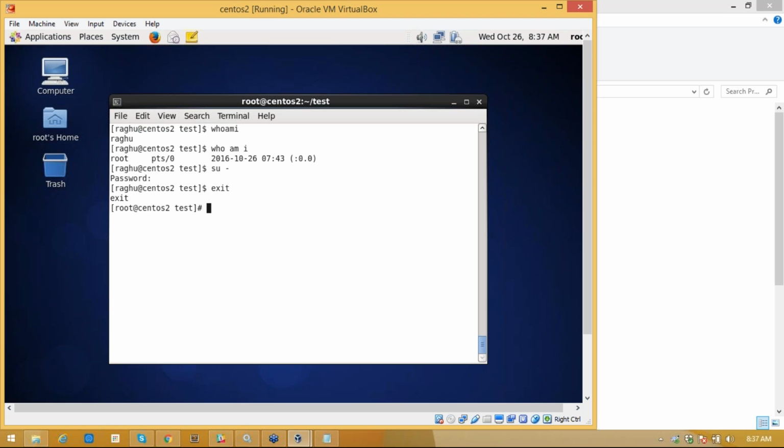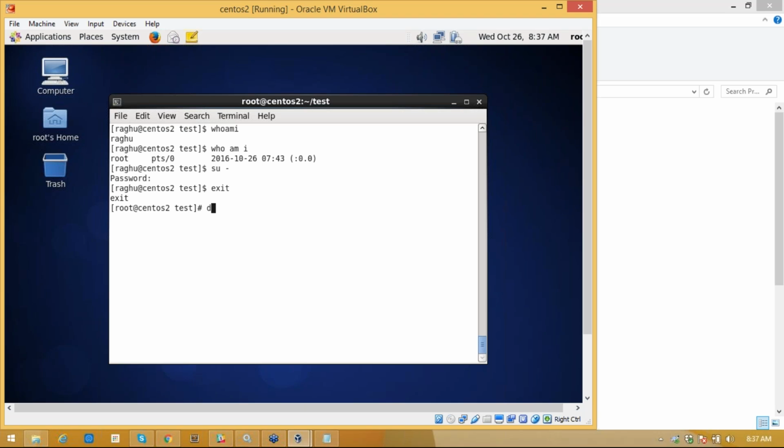Suppose there is a command called alias. What does it do? Suppose you want to create your own new command from the existing commands. Some commands are very complex, and you don't want to use them, so you can use the alias command. Suppose there is a command called date.